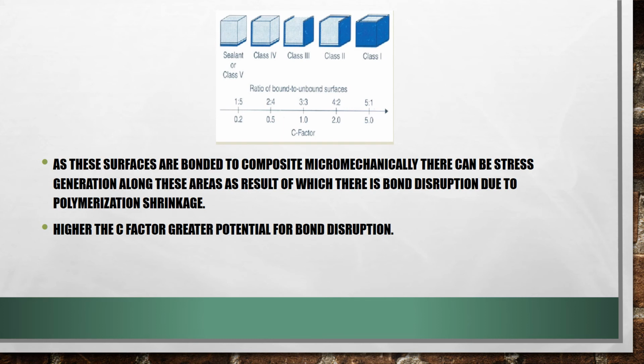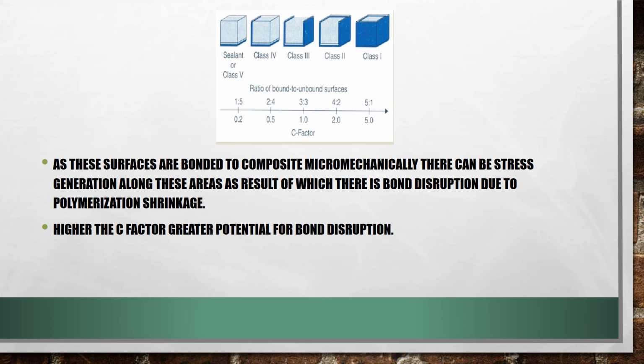So because of that, you'll see that if the C factor is higher, that will lead to more bond disruption. Now why? Because if the C factor is more, that means the bonded surfaces are more. Yes. So as your composite is touching more of the tooth surface, as it is getting bonded more to the tooth surface, there will be more stress generation, more bond disruption due to shrinkage. So this is the clinical implication, that if the C factor is higher, there will be more chances of